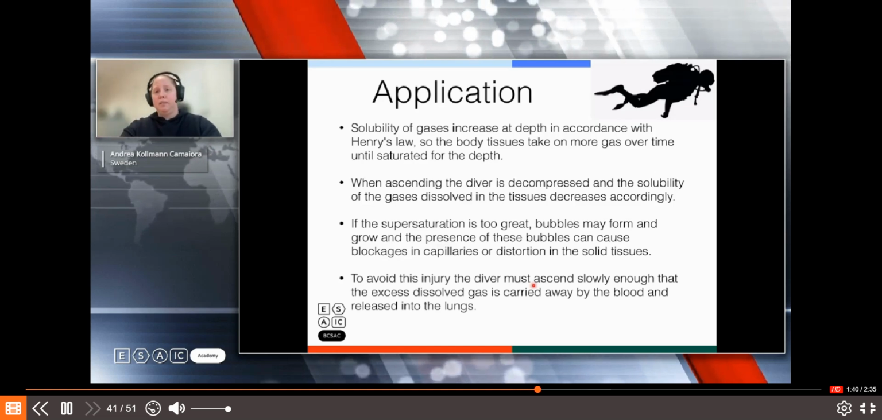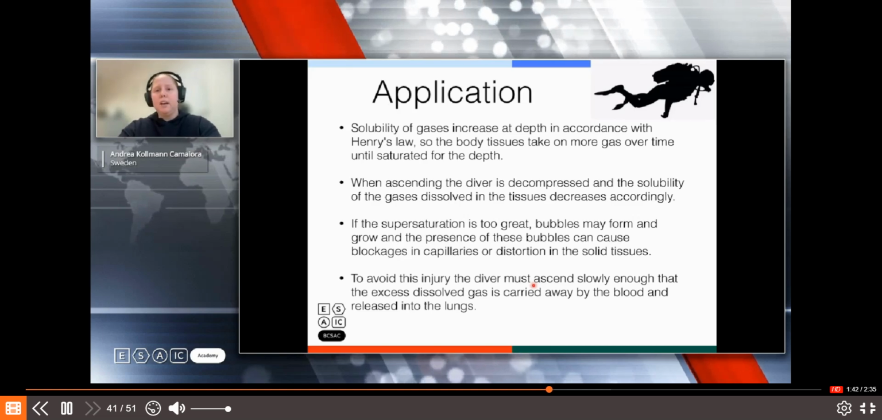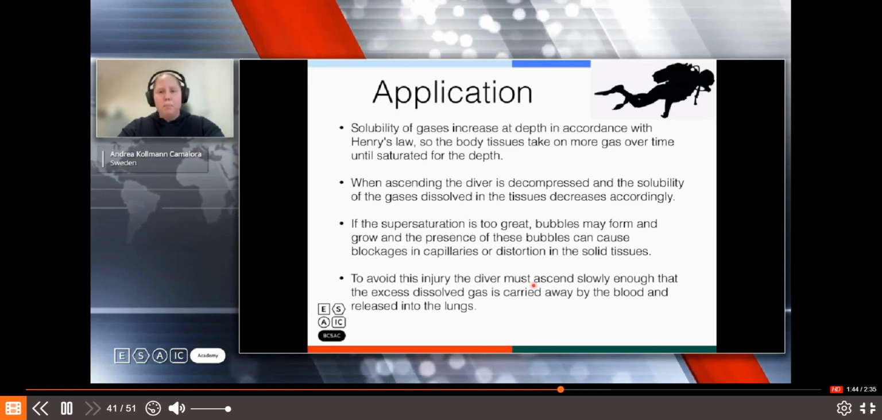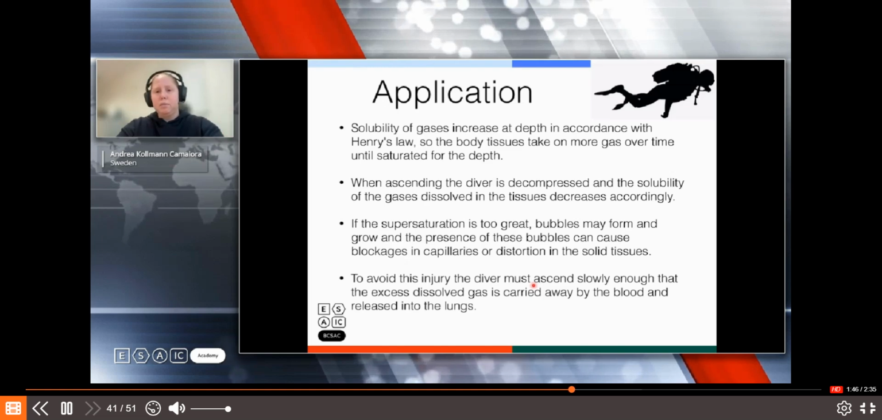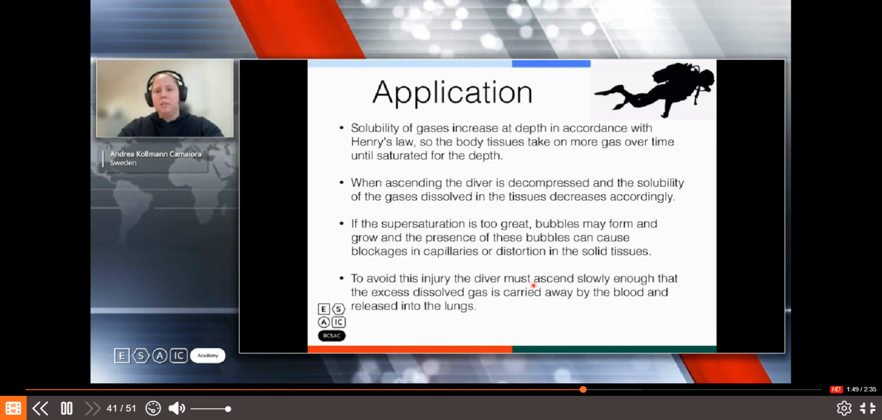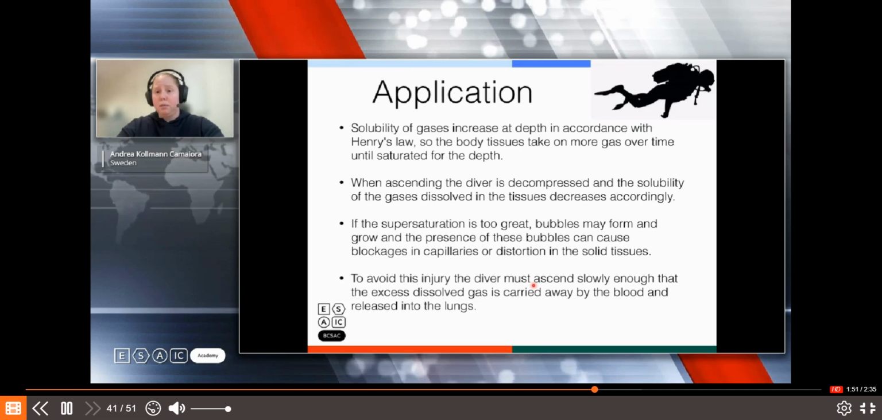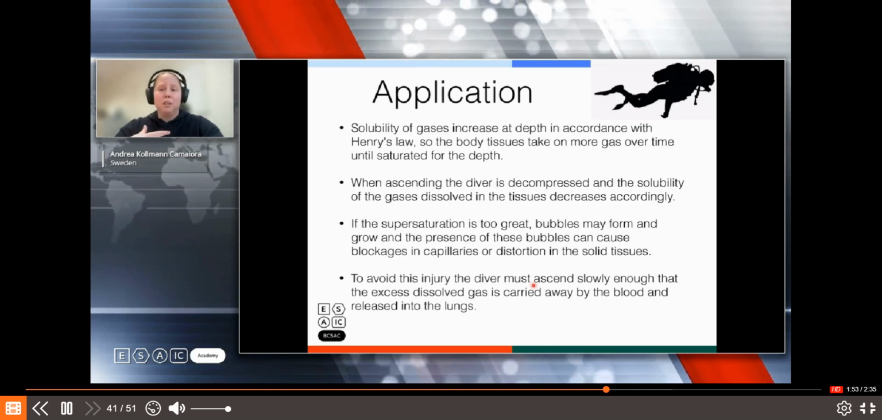You have received a patient to the hospital that was diving and it came up too fast, it ascended too fast, and then it arrives to the emergency unit. You take care of the patient. How would you treat it? So the first thing how you need to answer this question is like,